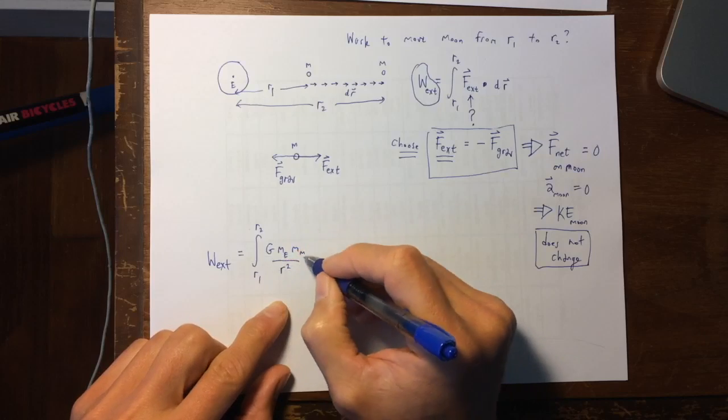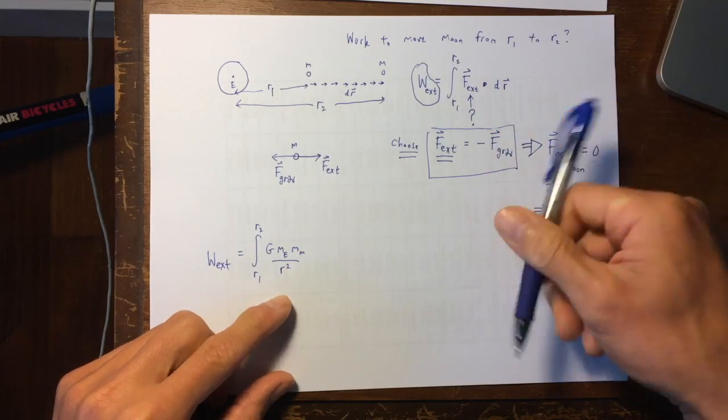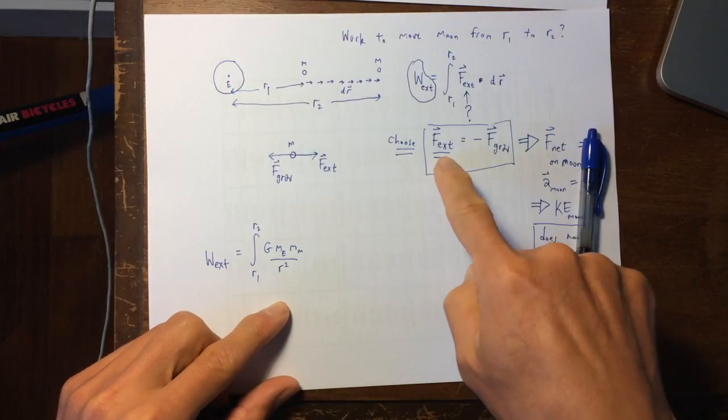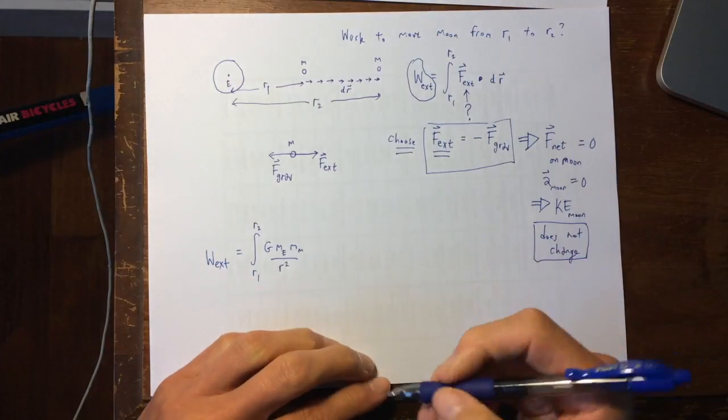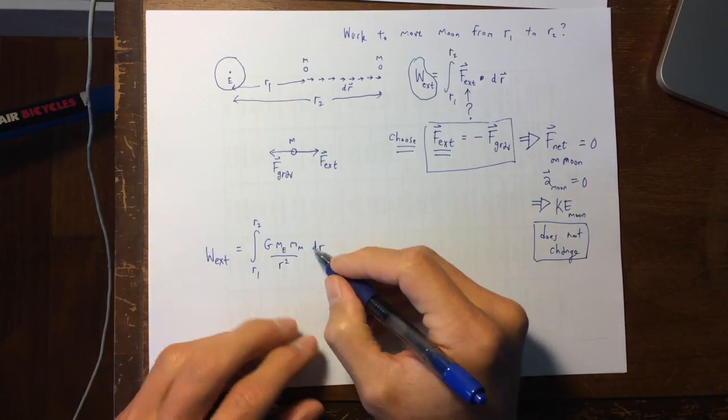That is the external force applied. Here, it's just the opposite of the gravity force. The gravity force was always backwards, but the external force is always outwards towards the right. Integrate along dr's. The dot product is,